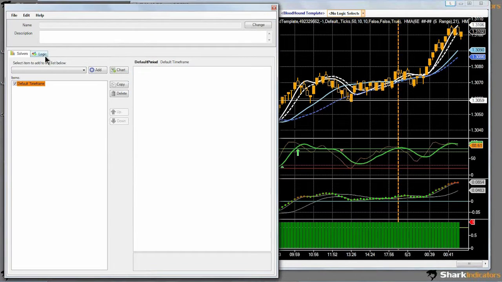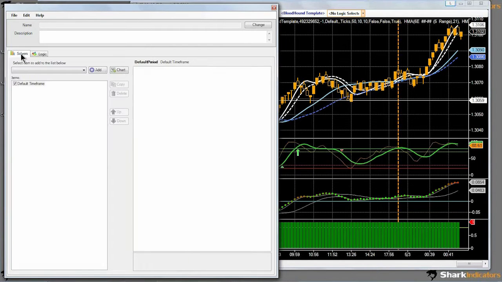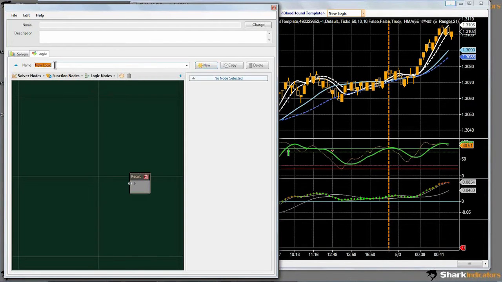All right, so I'm going to just start working on the logic template here. So I'm going to take a shortcut. Normally I will build my solvers, put my solvers together on the solver tab, and then I'll switch over to the logic tab. But today I'm just going to do something a little different here. So to start a new logic template, hit the new button, of course,